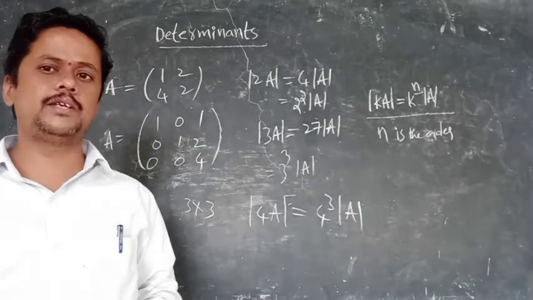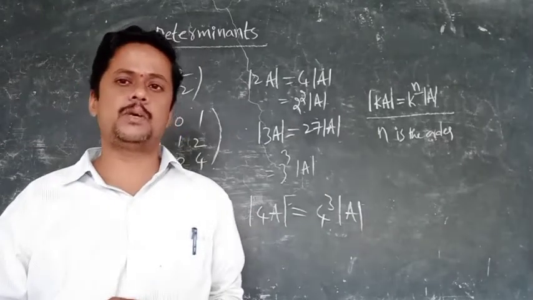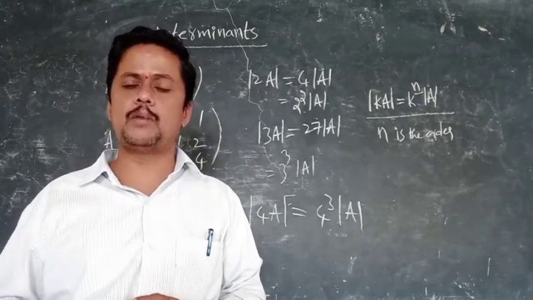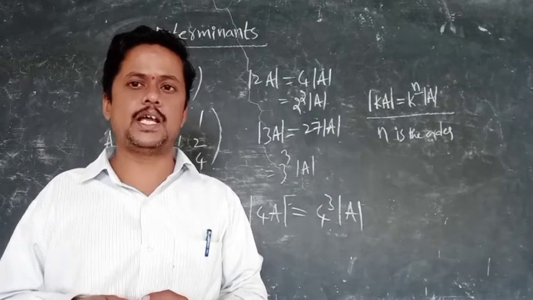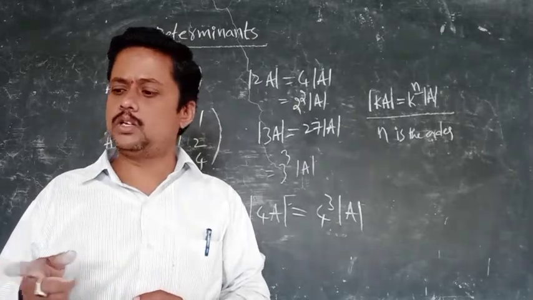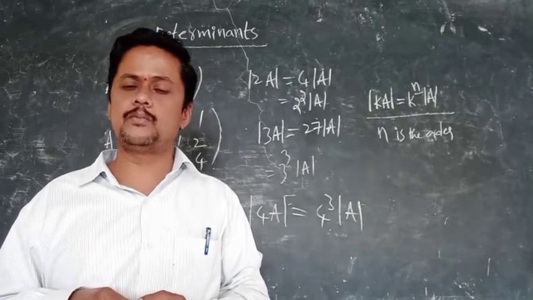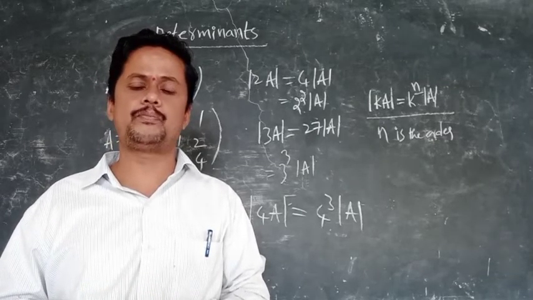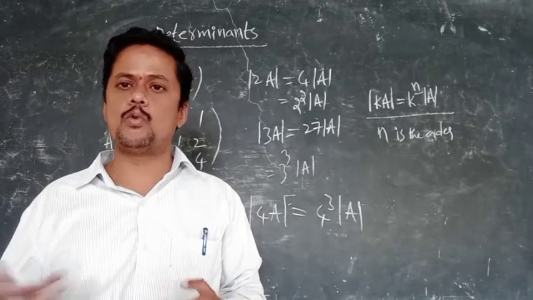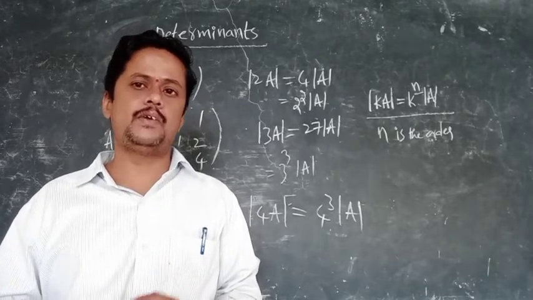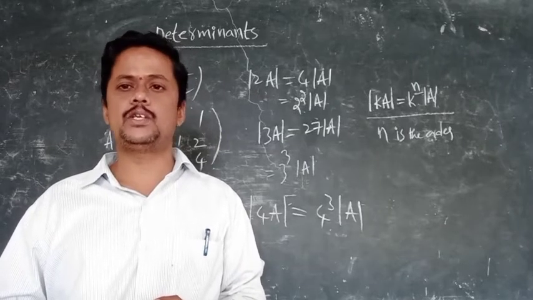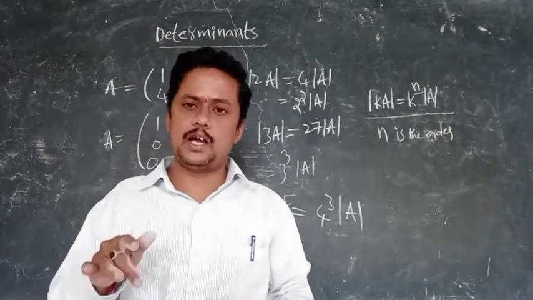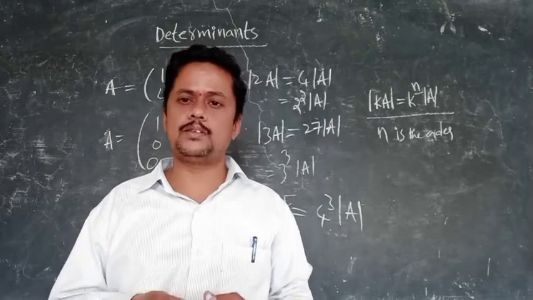The properties of determinants video is already posted. Observe it; I will do the related problems in the next class. If you have any doubt in it, ask the doubts also. There are a total of 6 properties. If you know those properties, the 4.2 exercise will be very easy. That's why, my dear students, go through that video and learn the properties of determinants. I will post it to your WhatsApp group at another time. Please go through that one.